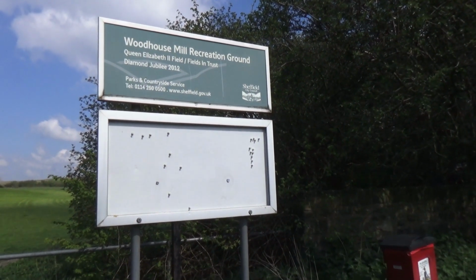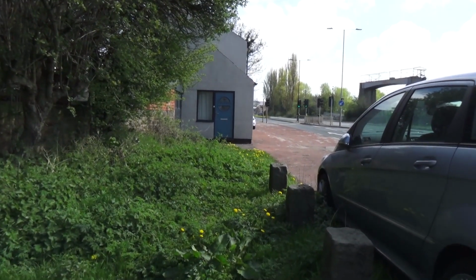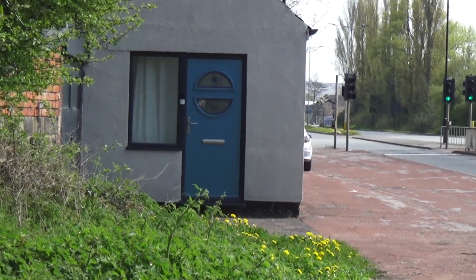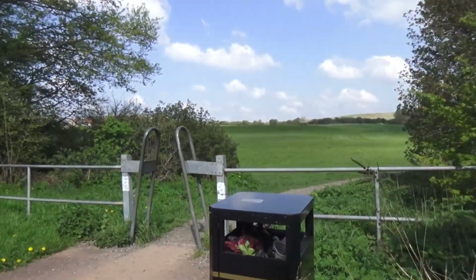So I'm at Woodhouse Mill Recreation Ground. As you can see, this little bit is in Sheffield, and I just found out I have got a really good memory as a kid, because that was a wine store,